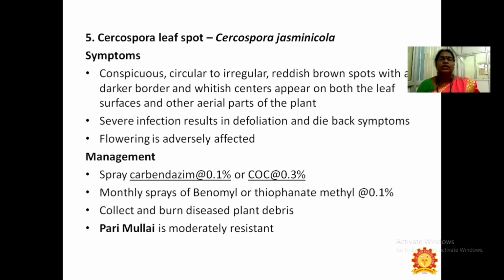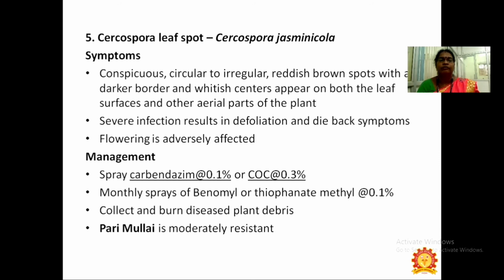Next is Cercospora leaf spot, which is caused by Cercospora jasminicola. Symptoms: conspicuous, circular to irregular, reddish brown spots with a darker, broader and whitish center appear on both surfaces of the leaf and other aerial parts of the plant. Severe infection results in defoliation and dieback symptoms, and flowering is adversely affected.